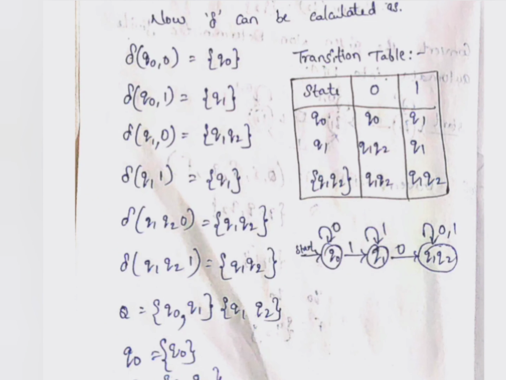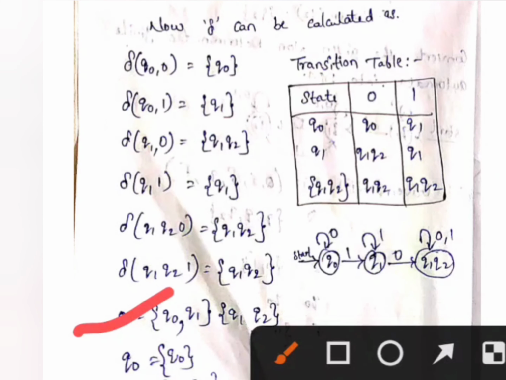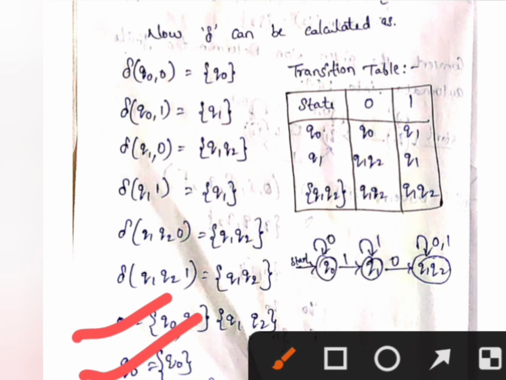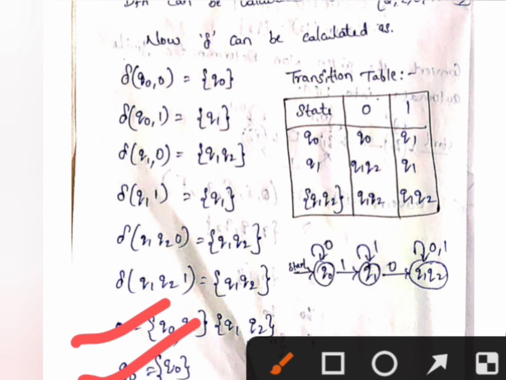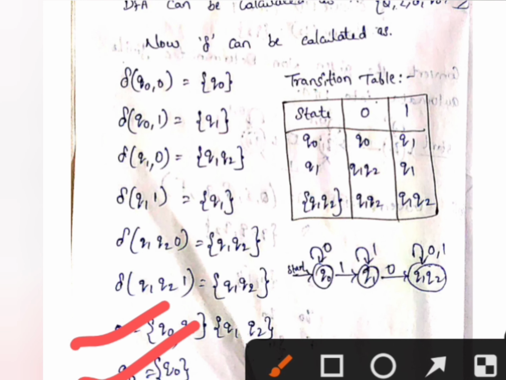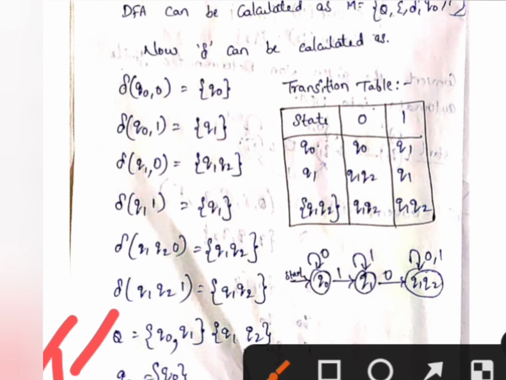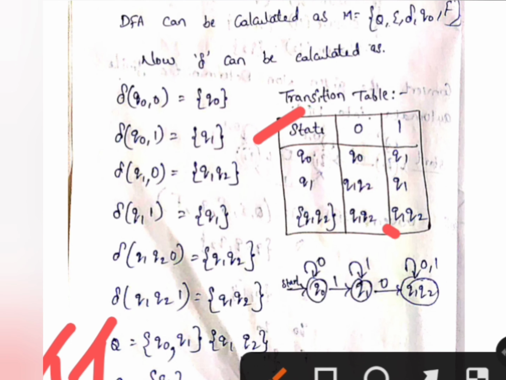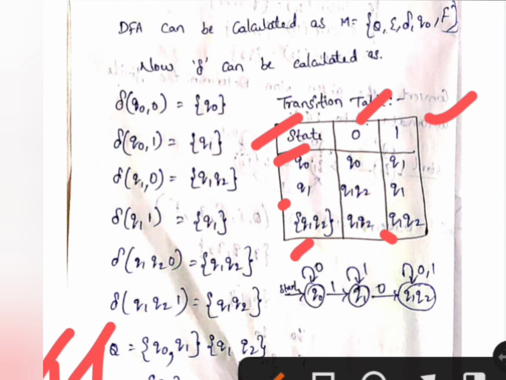So what are the new states you have got? You write them as Q0, Q1 and Q1 Q2. These are our states, Q0 is the initial state, and F is the final state. What will be our final state? Q1 Q2. Now we will write the transition table for the new states also. First take the states. What are our new states here? Q0, Q1, Q1 Q2 with input symbols 0 and 1.